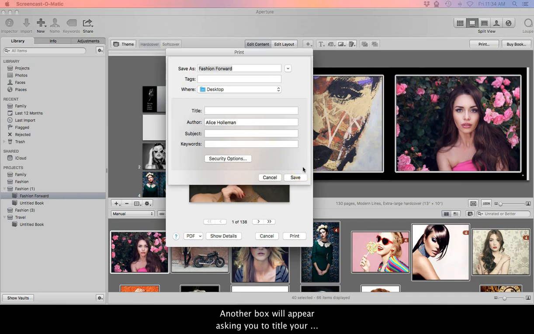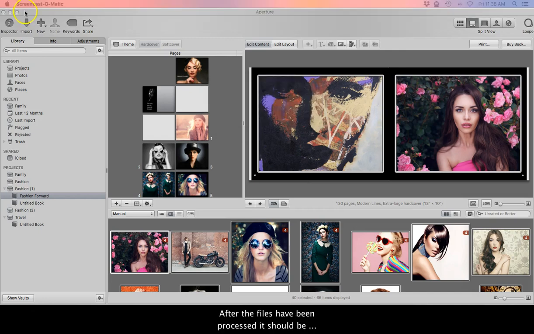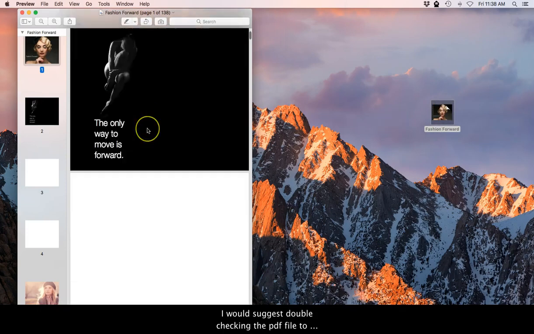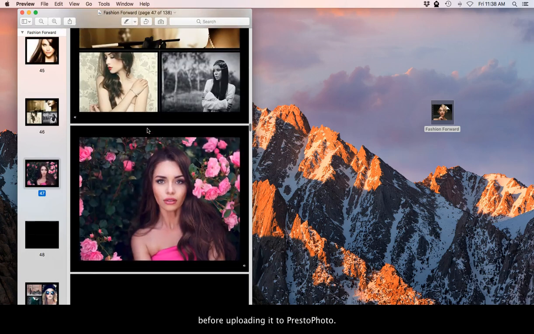Another box will appear asking you to title your project and select where you want the project saved on your computer. For convenience, I'm saving it to the desktop. After the files have been processed, it should be saved to your desktop as a PDF. I would suggest double-checking the PDF file to make sure that everything is in proper order before uploading it to